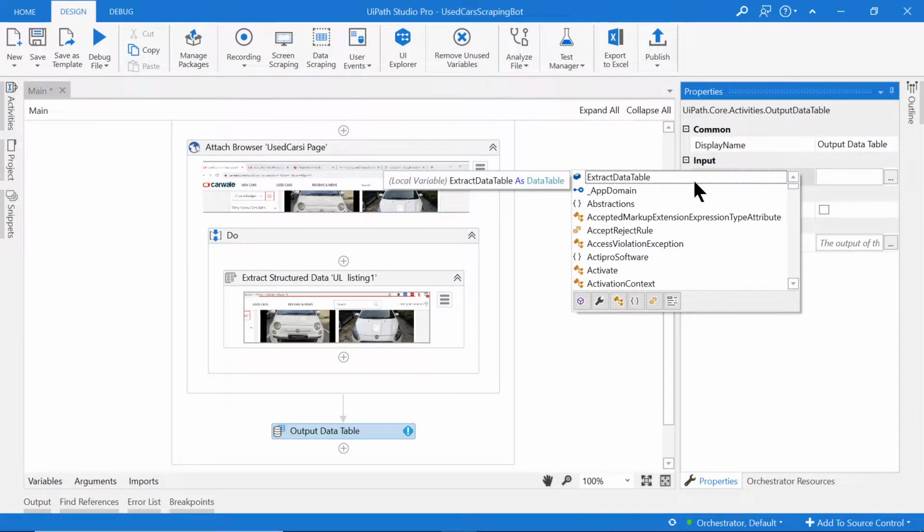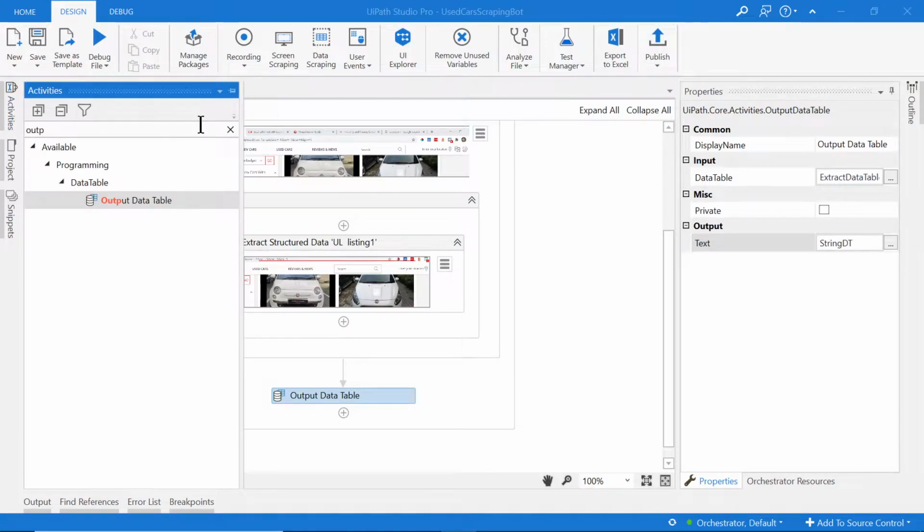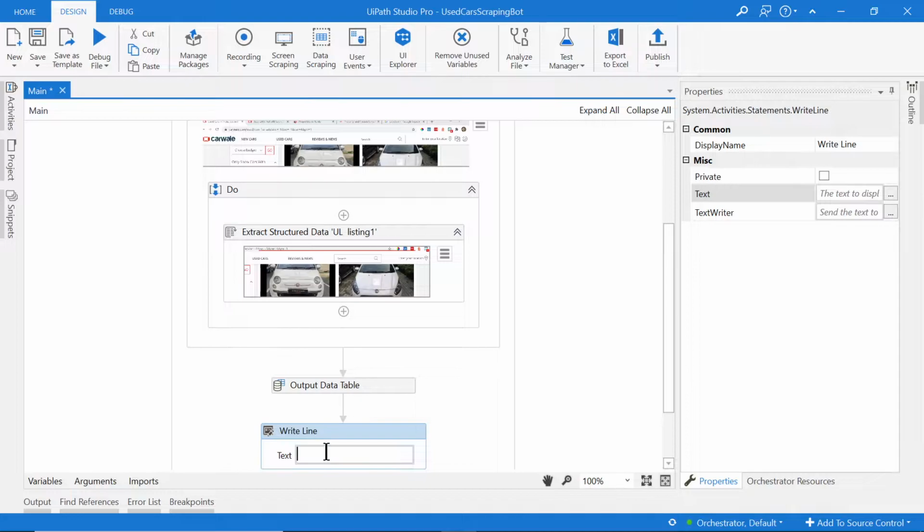So over here I'll put our extract data table variable, and in the text I'm going to right click, create a variable, and I'll call this string dt. So this is just a temporary variable. Right, so there it is, string dt, and then I'll use a write line activity to write the string to